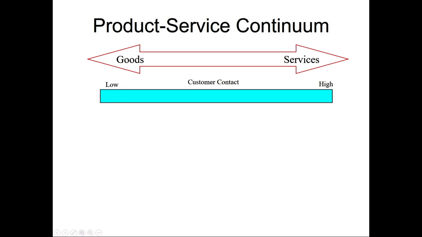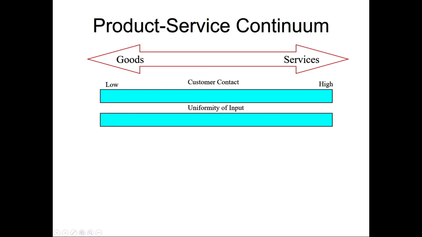So as you're looking at your own organization, and we're going to do this in a future part of the course, I would say you'd say, well, where does mine fall? Maybe Hair Cuttery falls here. Maybe McDonald's falls kind of here, because it's still a lot of customer contact, but I'm really getting food. So where would you draw the line to represent your organization?